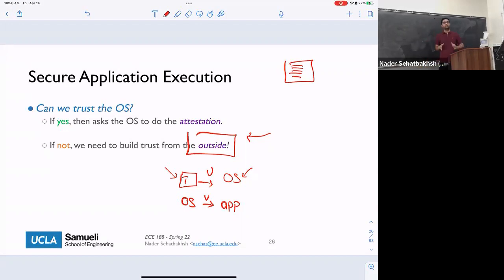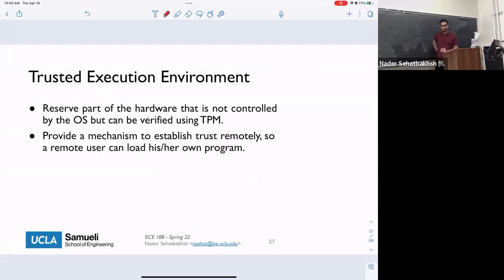Another thing that you can do, you can always boot the kernel of, for example, Windows, and then ask that to load your Linux kernel. Typically you have one thing in between called a hypervisor. So you load your hypervisor, and your hypervisor actually loads your operating system. So you trust your hypervisor instead of your operating system. Make sense? Okay.